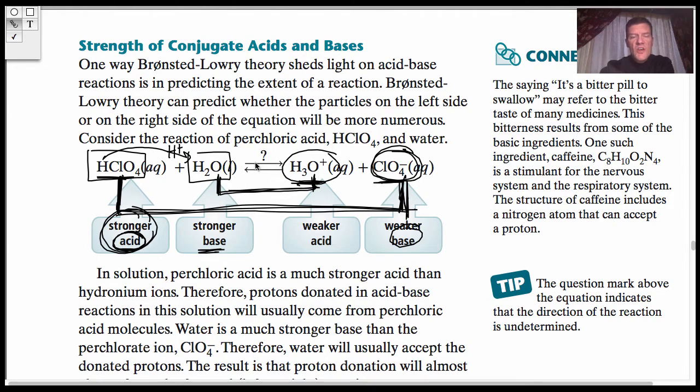So the question is, which direction is going to be pushed with greater force? Because it may not be exactly equal. You may have more of the products than you do the reactants. How do we know? Well, we're going to compare the acids on a table, on a chart. The stronger acid is going to push with greater force in the direction it wants to go. So since you look on the table, I'll show you in a second, since HClO4 is a greater strength acid than the other acid on the other side, the hydronium,